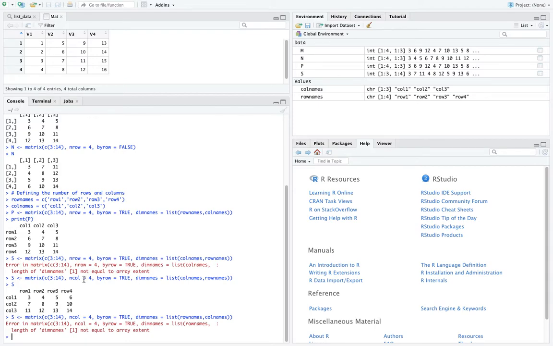Yes, sir. Excuse me, sir, can you explain the importance of byrow? By column you can give byrow equals false, but with byrow equals true you can't use it there. Okay,